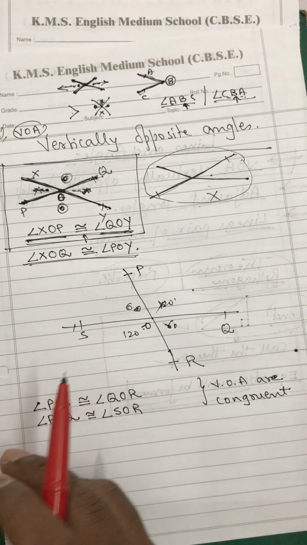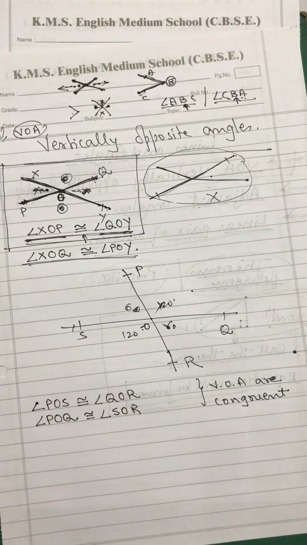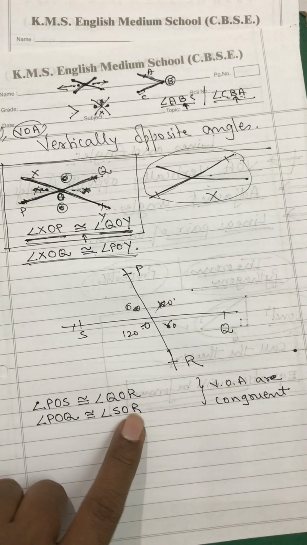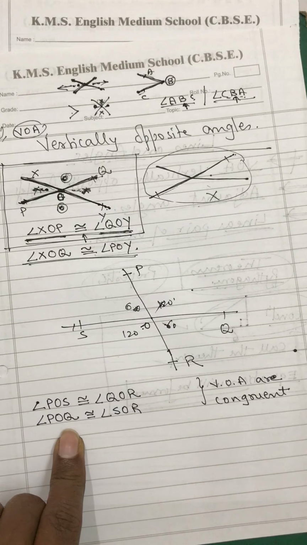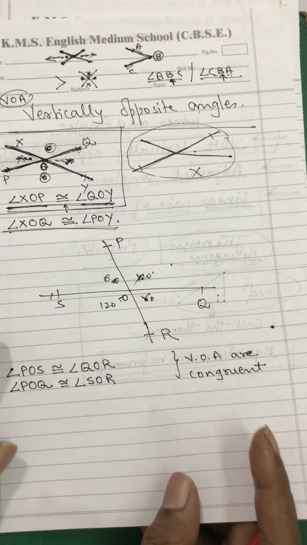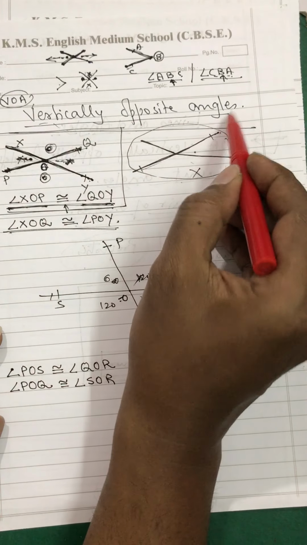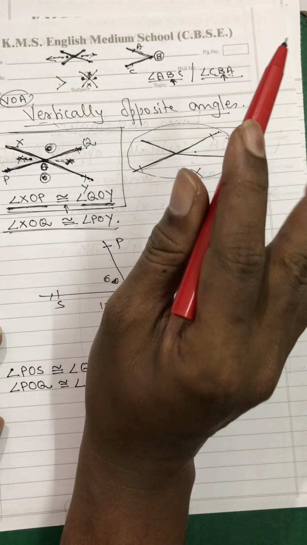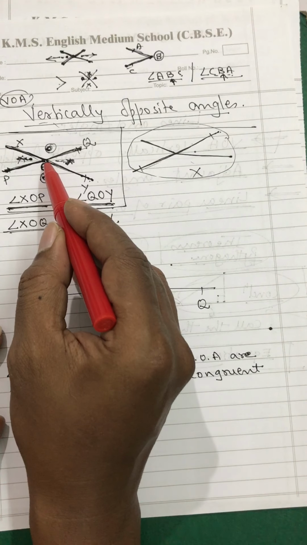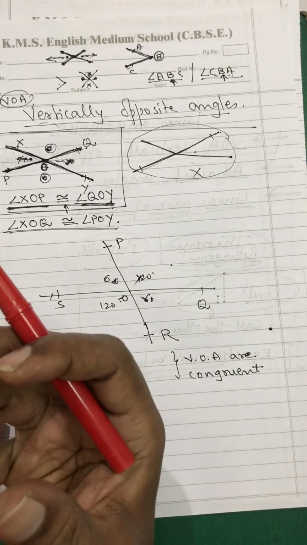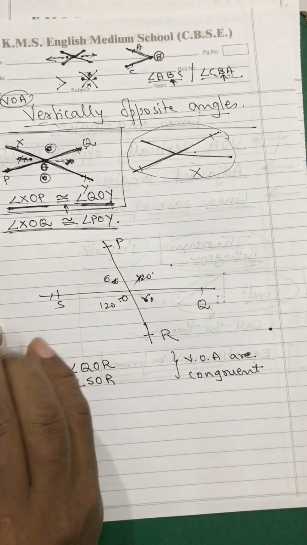That is a different type of question. But when you are going to solve the problems that are given to you, at that time, you just have to use that theorem. Use a theorem means you will be getting these equations. So let us now stick to the vertically opposite angles topic. The condition is whenever two straight lines are intersecting each other, at that time you will have this equation getting formed over there.